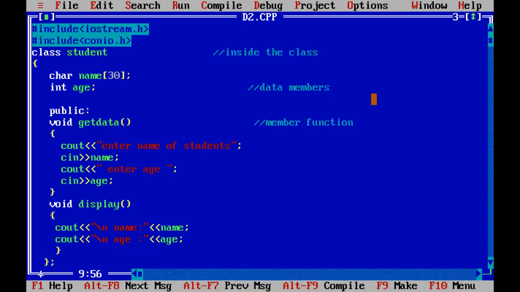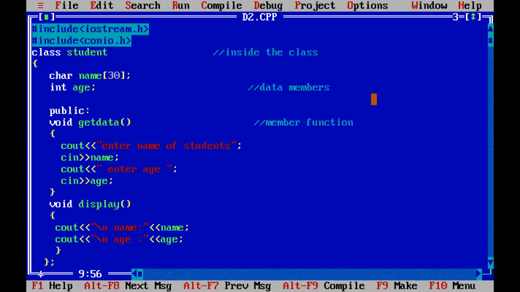Whenever we call any program with the help of objects, all objects always take the value of the member function. They don't take the value of the whole data. So a member function is a kind of collection of the data members, and all the declaration of data members will be done in the function.